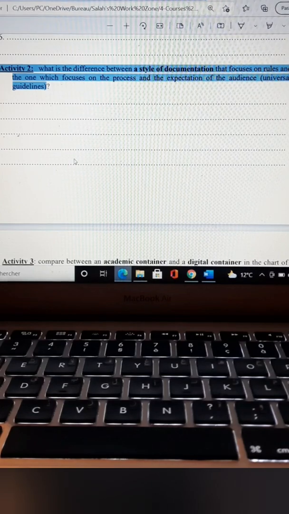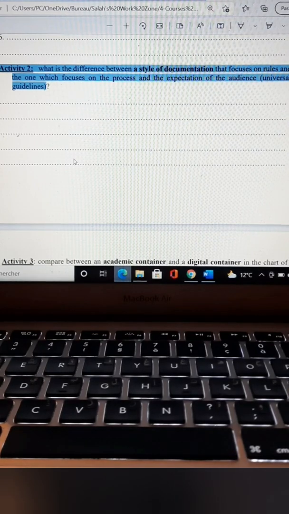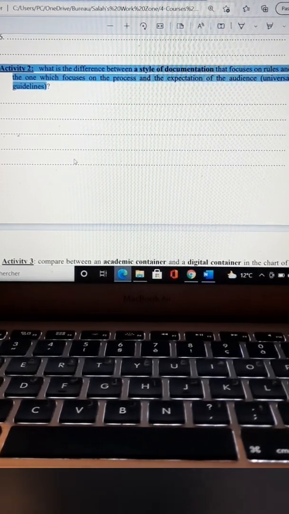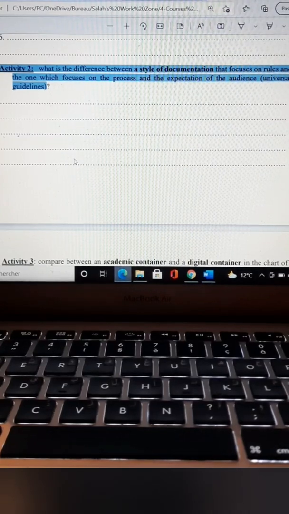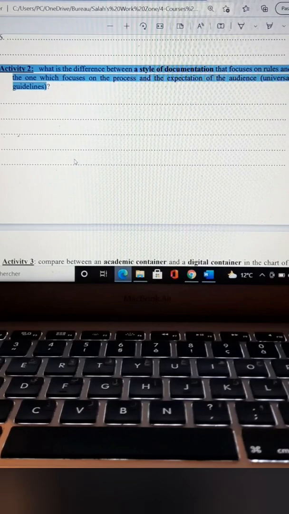And when you read the source, you should ask yourself this question: is it a book? Okay, if it is a book, go and follow the format of citing a book. If it is an article, go and follow that particular one, and so on and so forth. But when it comes to the second one, here it's quite different. It's a bit flexible. You should follow the visible key features, or what we call the container system, and then you follow the chart of identification. After that, you are going to put them